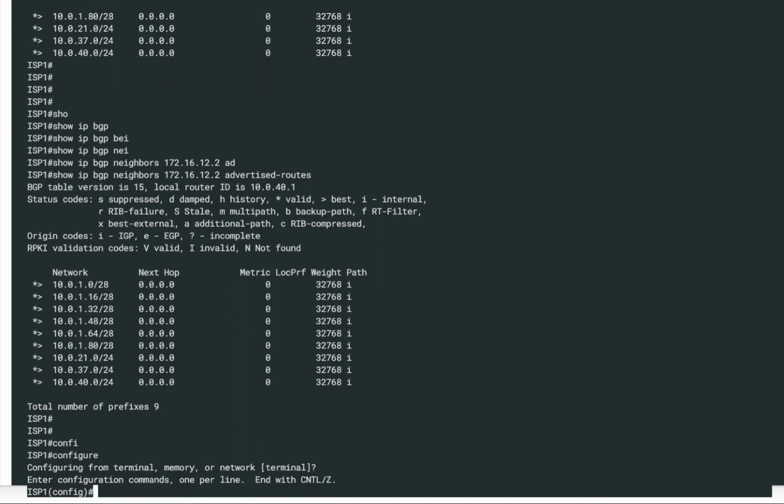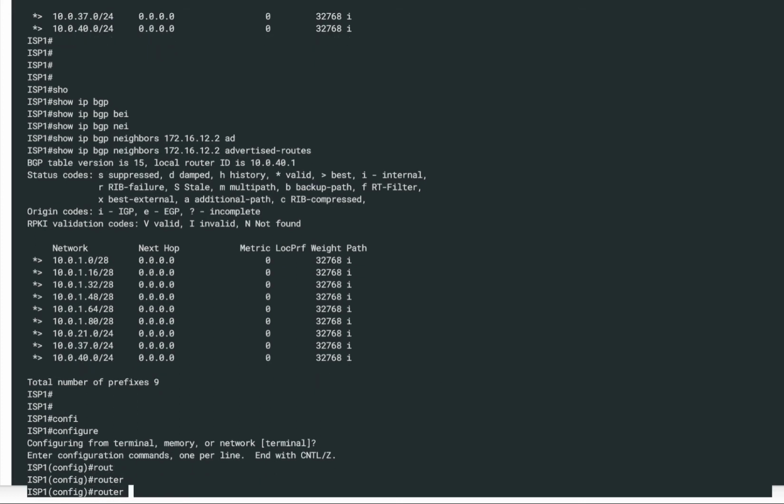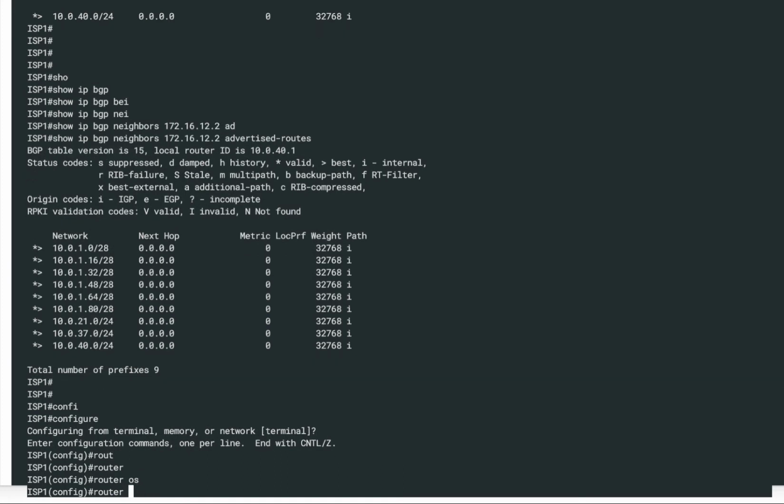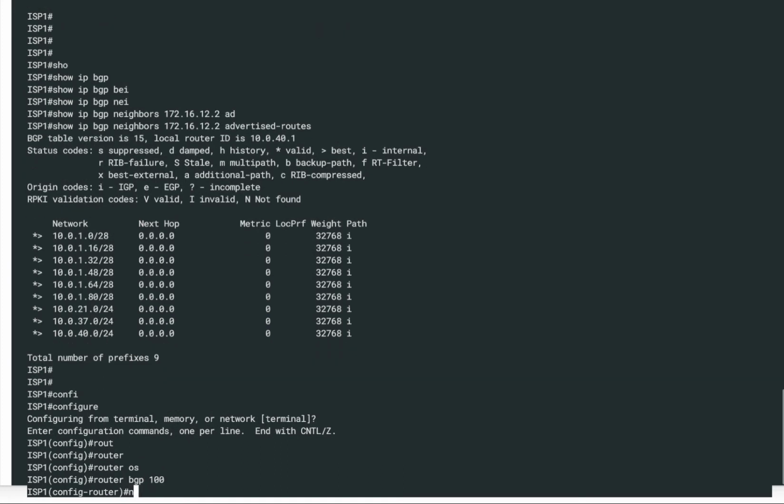Now, as I said, ISP1 is the source, and ISP1 is going to receive that prefix list. That means we need to turn on the ORF capability. And this is the router that will be receiving that prefix list. That means the ORF capability that I need to configure on this router for router R2 will be in receive mode, because the ISP1 router will be receiving the prefix list from router R2. And again, this is configured at the per neighbor level. So we'll say router BGP 100, and the neighbor in this case is